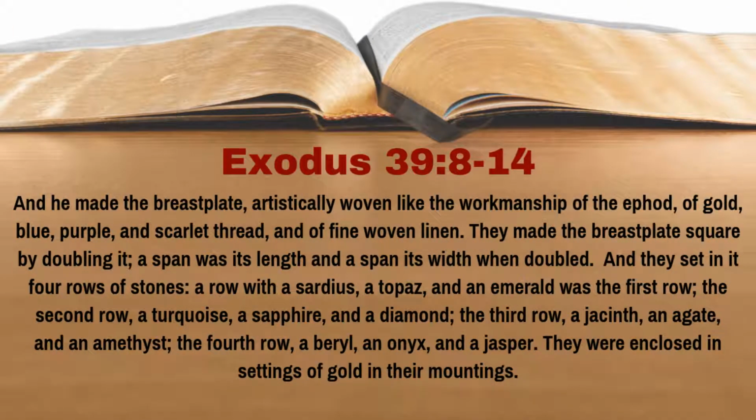And he made the breastplate artistically woven like the workmanship of the ephod of gold, blue, purple, and scarlet thread, and of fine woven linen. They made the breastplate square by doubling it. A span was its length, and a span its width when doubled. And they set in it 4 rows of stones, a row with sardius, a topaz, and an emerald in the